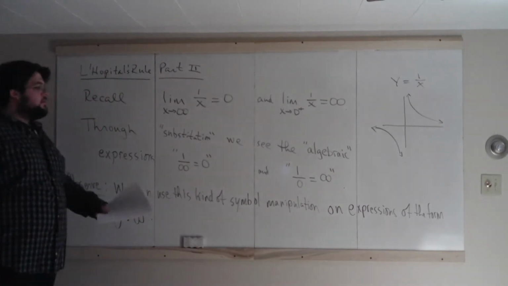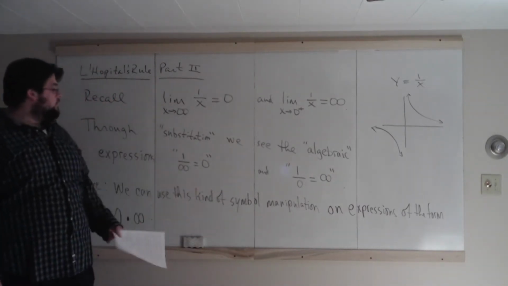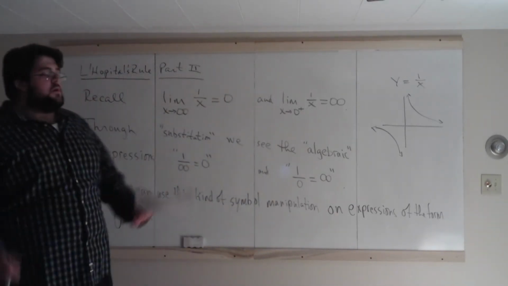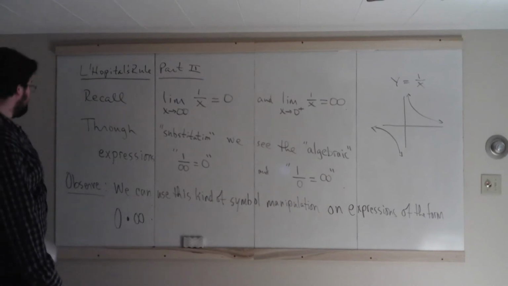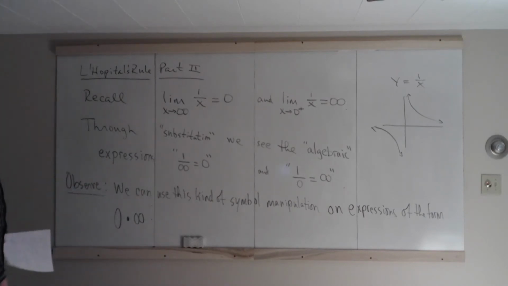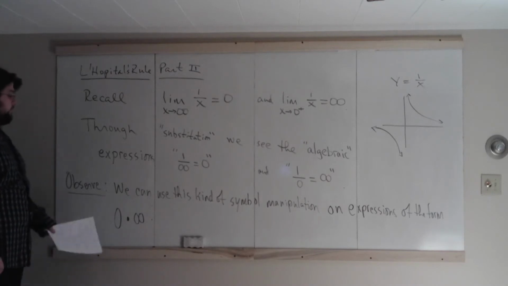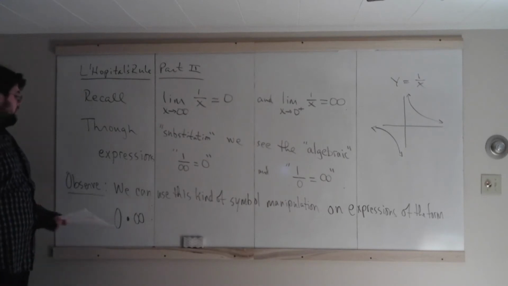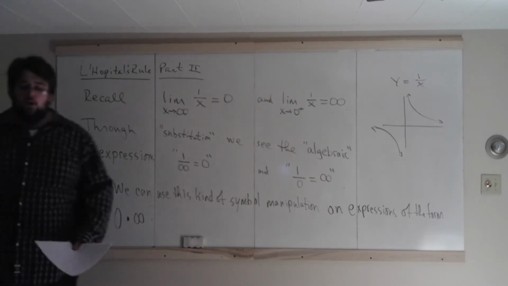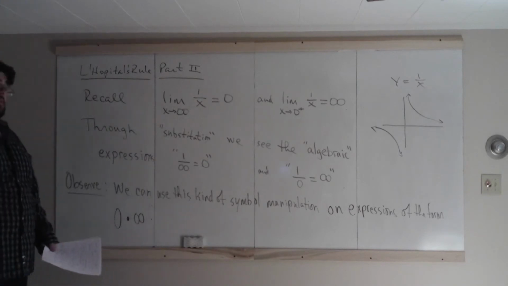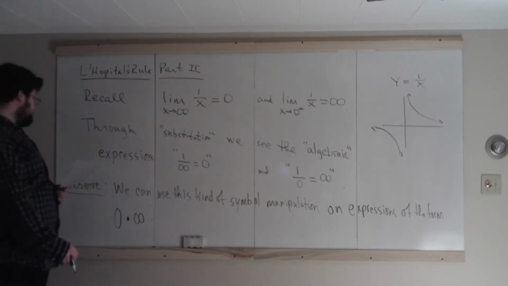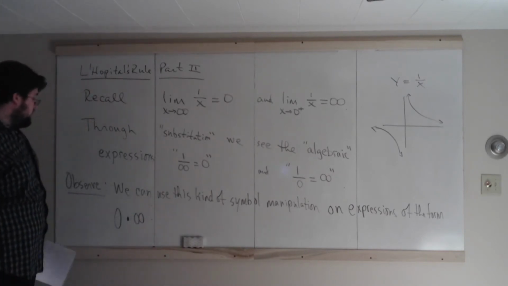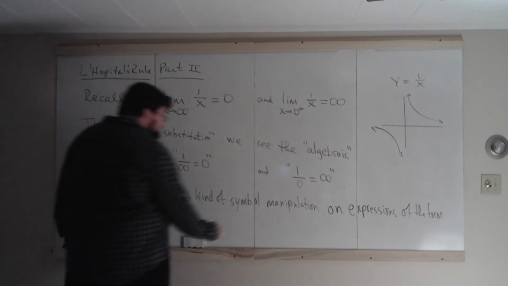And we're going to use those 2 observations, 1 over infinity acting like 0 and 1 over 0 acting like infinity, to help us manipulate symbols so that we can apply L'Hopital's rule. So observe. We can use this kind of symbol manipulation on expressions of the form 0 times infinity. And we can manipulate the symbols in this way. Now, 0 times infinity is not a form on which we can apply L'Hopital's rule. We need an infinity over infinity or a 0 over 0. But what we can do to a 0 times an infinity,